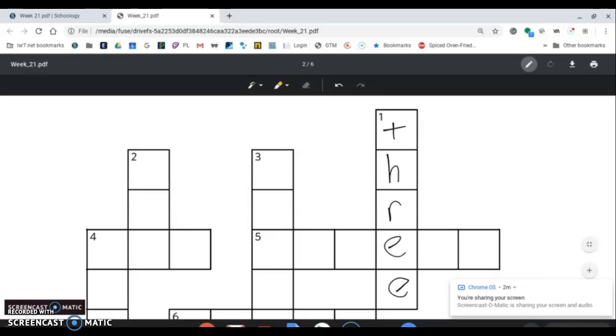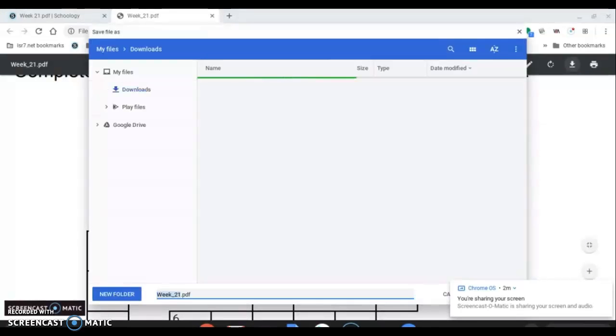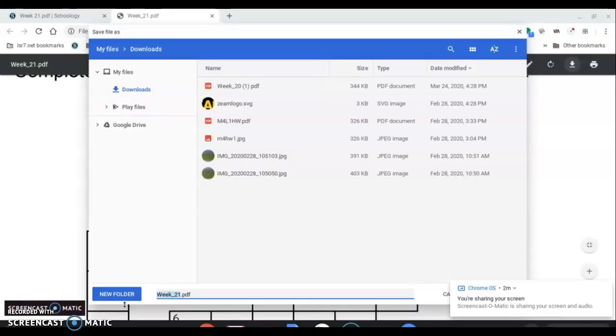Three. Now, let's pretend I do all my work, or even I just do part of it, but I'm not done. I want to keep working on it. Do you see this button right here? You have to hit that download button again. This time, when I save it, it's going to ask me down here, what do you want to save it? I'm going to call this